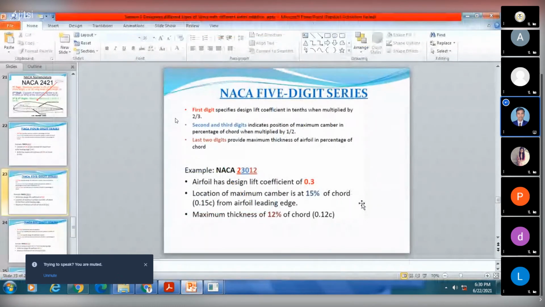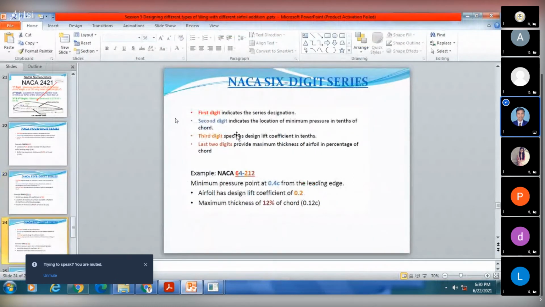You can add your aerofoil. Similarly for the 6-digit series. In this 6-digit series, the first digit 6 indicates the series designation, which series that aerofoil is. The second digit 4 indicates the location of minimum pressure in tenths of chord. The third digit 2 indicates the design lift coefficient in tenths. And the last 2 digits are the maximum thickness of that aerofoil in percentage of chord.